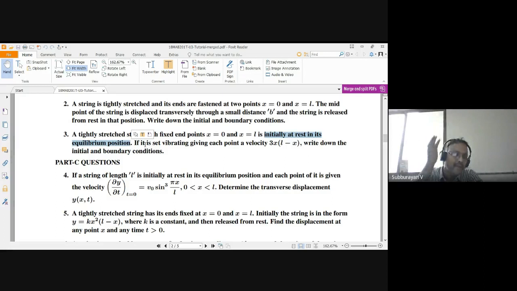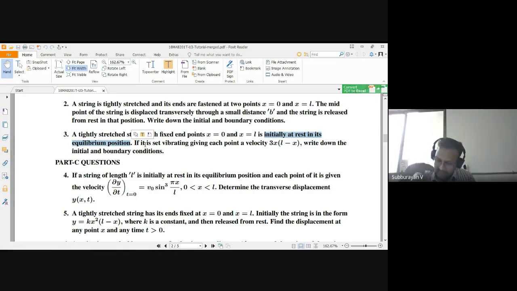If you go back to your class notes, I always write the non-zero boundary condition at the last, whether it is a zero velocity problem or a non-zero velocity problem. I always write the non-zero boundary condition at the last, because at the last only I'm going to evaluate the arbitrary constant Bn. Okay, if you write it in the middle, then you will be a little confused. See, therefore, we always try to write the non-zero boundary condition at the last.